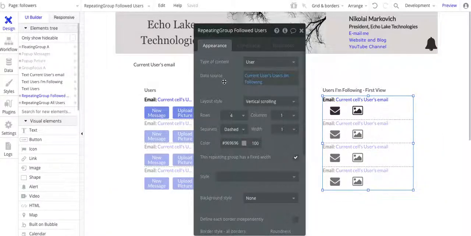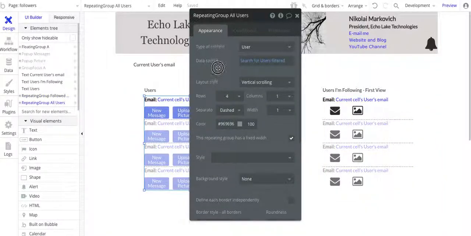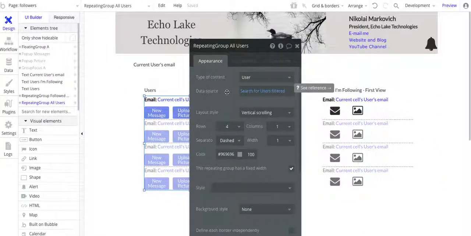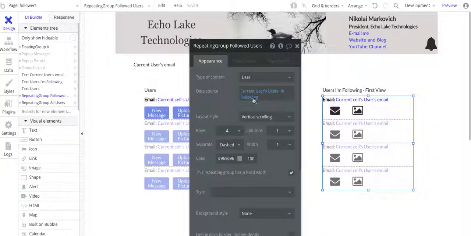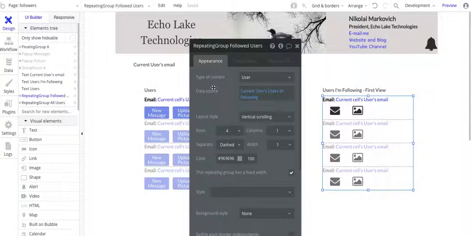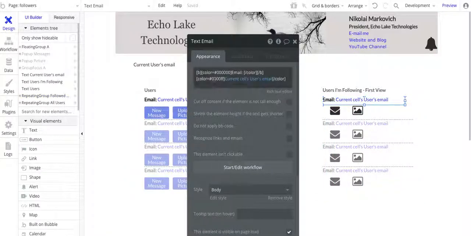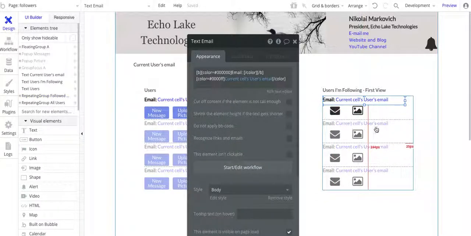So that's kind of nice because for one thing, when you do a search, there is a bit of a performance hit. It's going off and doing a search into the database. You probably won't really notice it unless you have lots and lots of users, but this is a more efficient way, by using current user's users I'm following instead of doing a search. Okay, I've got a little text field showing the current user's email,